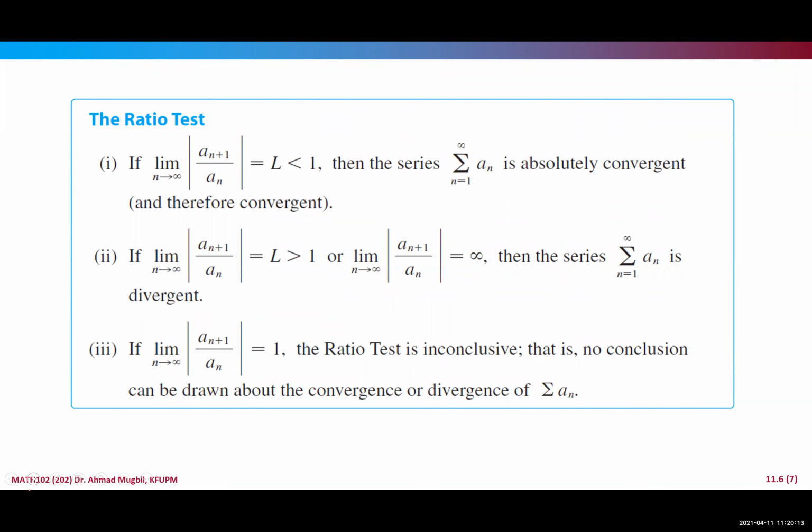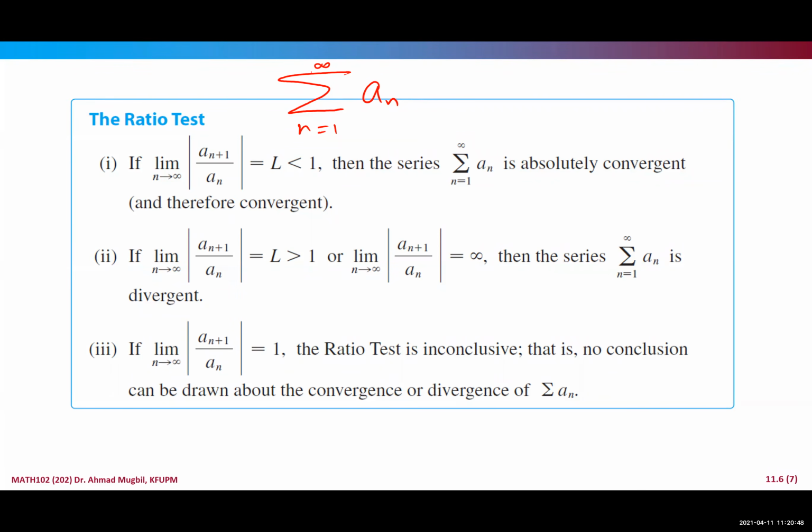Let's now go to another test, the ratio test. In fact, it is the first test for absolute convergence. We have two tests for absolute convergence. The first one is the ratio test. If you have a series that is not necessarily with positive terms, it could have negative terms, no problem. It could be alternating, no problem. So if you have a series a_n,